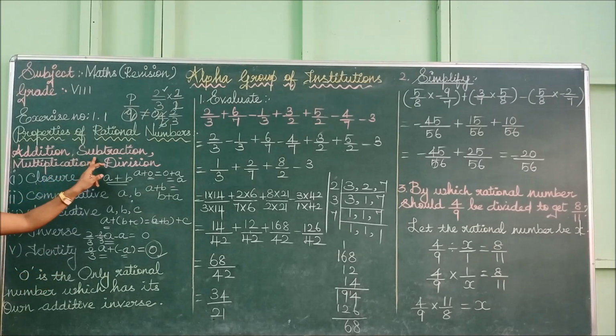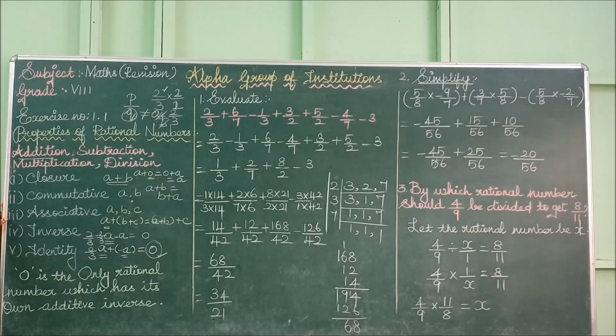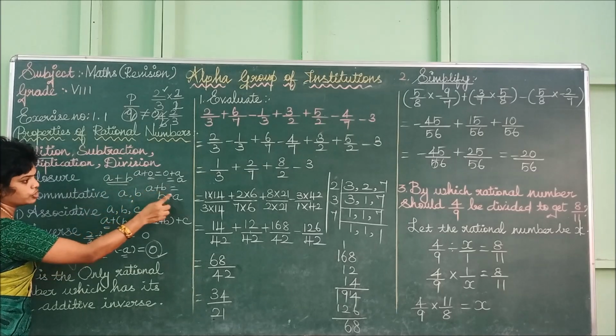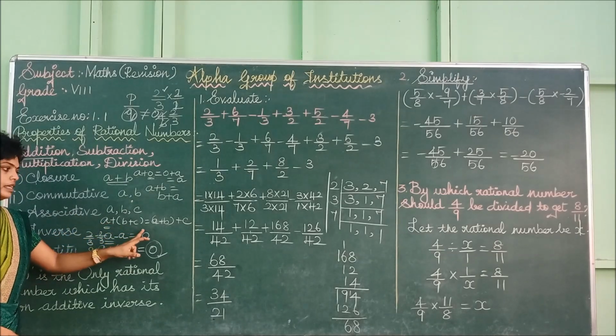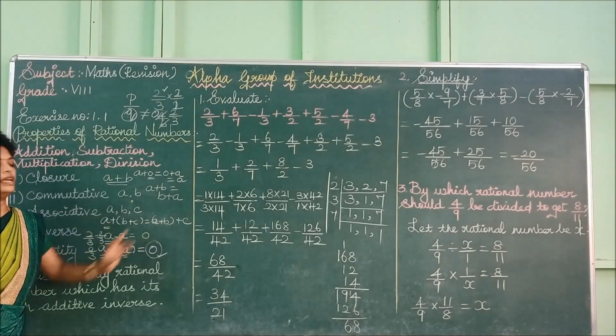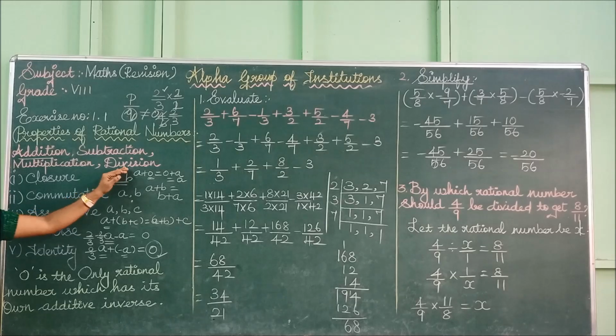In a similar way, we have to check subtraction, multiplication, and also division. For subtraction, A minus B. Instead of this plus, you can put minus. Is A minus B a rational number or not? Commutative means A minus B is equal to B minus A. Then for associative, A minus of B minus C is equal to A minus B minus C. Then inverse. For subtraction, there is no inverse and identity, and this property is also not satisfied. Similarly, for division also, the above properties are not satisfied. There is no identity and inverse for division also.